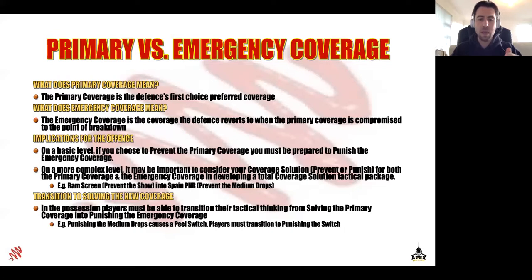The big, say, for example, pick and pops or dives, and they peel switch, veer off. So the guard peels or veers off and picks up the big. And now you need to be punishing the switch. So this is not the time that you want the guard to take a 17-foot contested pull-up